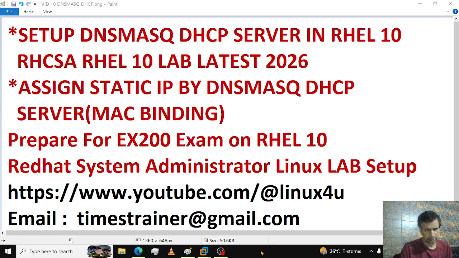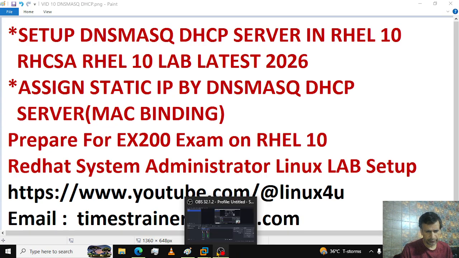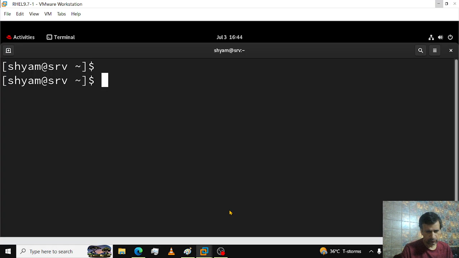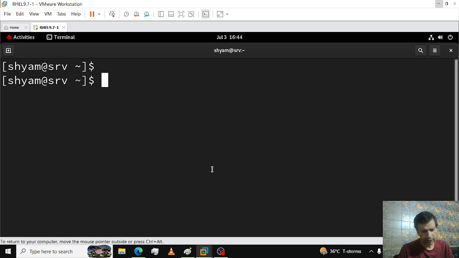So today we will talk about the DHCP server configuration using dnsmasq, and the second thing is how to set the static IP with the help of the dnsmasq DHCP server. And we will see how the MAC address is bound to the assigned static IP address, right? So let's go to the Red Hat 10 virtual machine and then we will see how to do that. So now you see this is our latest RHEL virtual machine,